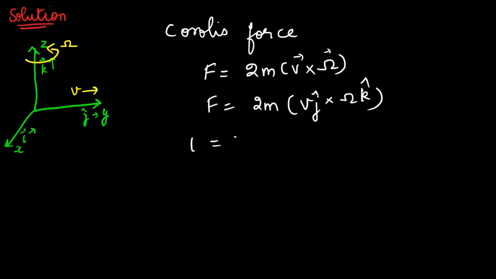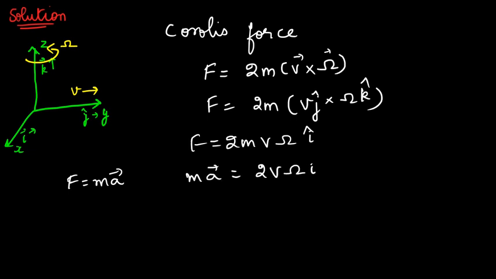So I'll get F to be 2m v omega, j cross k will give me i cap. So I have to find the acceleration. I know that F is equal to ma. So on doing that, I get my acceleration to be